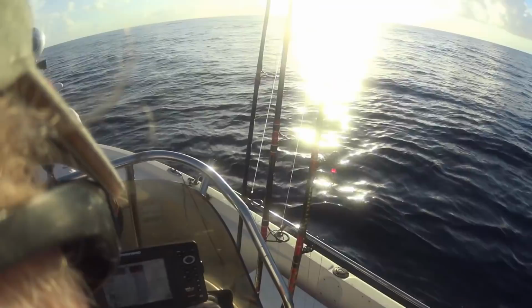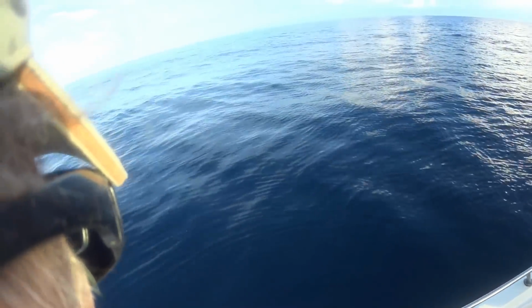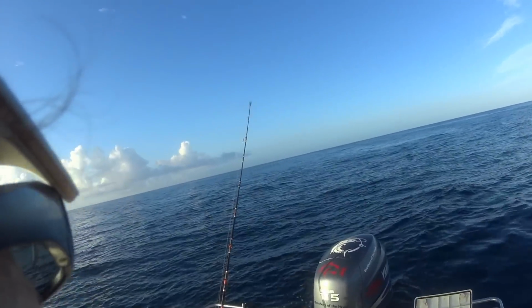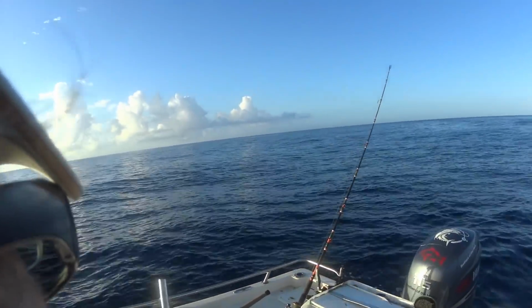All right, boys and girls, we are at Reef 11. Water's beautifully clear, maybe a few little weeds. I didn't see any weeds. We saw a few flyers on the way out. Little ones, baby ones. But we're out here, we're gonna rest for a little while because it got rough there